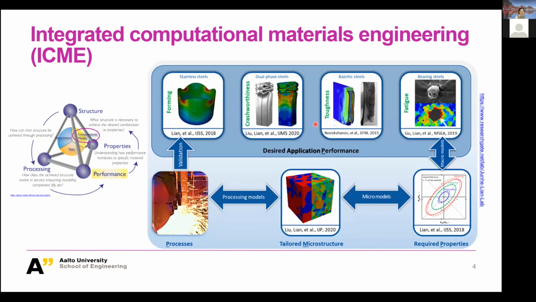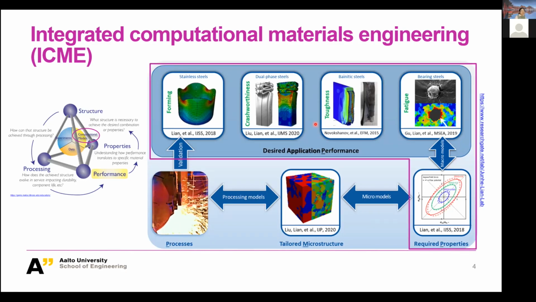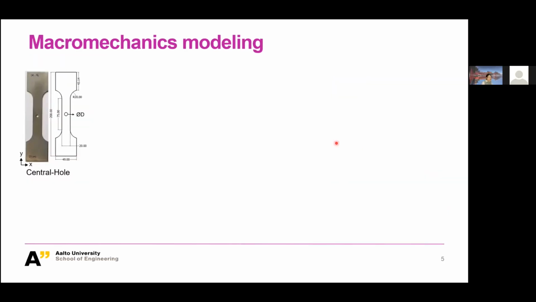And you'll see this figure again. From the exercise, we normally focus on the computational part. And today our focus is here. So we'll use the microscopic model to link your microstructural property, your mechanical properties like the flow curve, to predict the component or structural level performance. And for example,